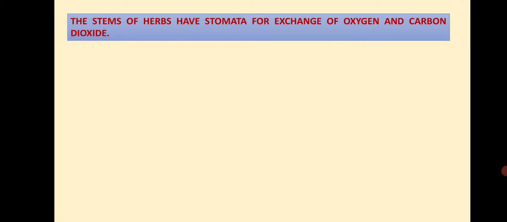If you see the stems of the herbs, that means the plants which are very small, their stems are very soft and easily breakable. So in that case, the stomata are present in the stems, which are used for exchange of oxygen and